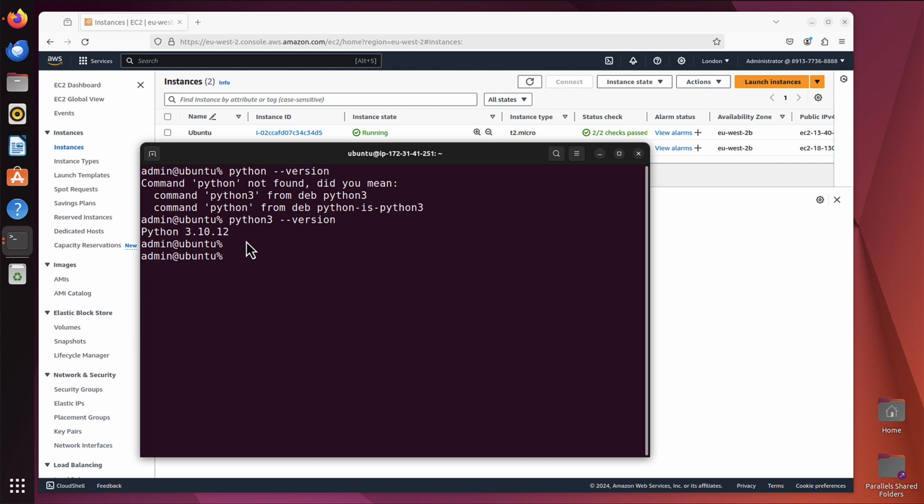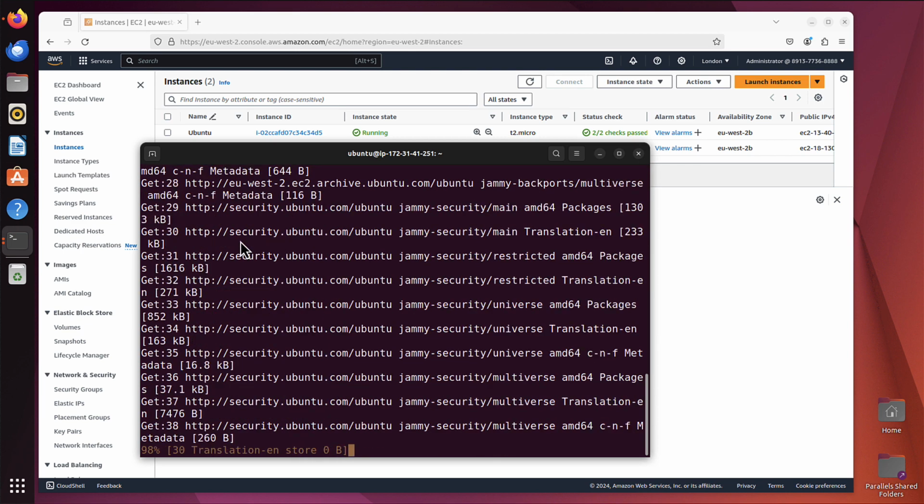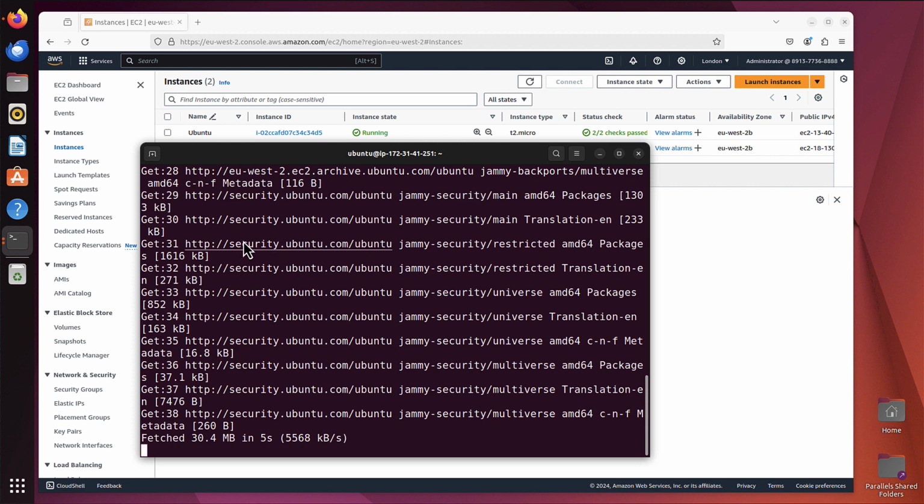And as I said, this Ubuntu came with Python 3 pre-installed, but if I didn't have it installed, the installation process would be very easy anyways, and it's basically the same as in CentOS 7, only Ubuntu uses apt package manager, which means we have to run sudo apt update first. We used to run sudo yum update, if you remember, on CentOS, and sudo apt update here.